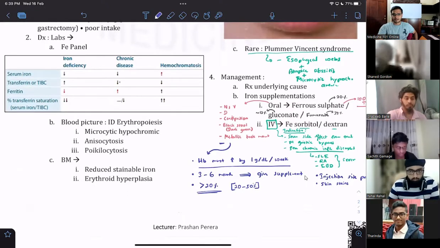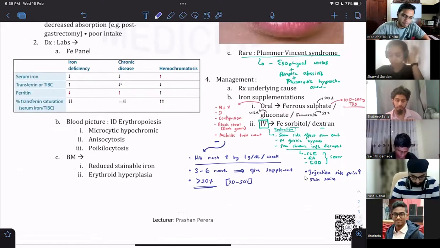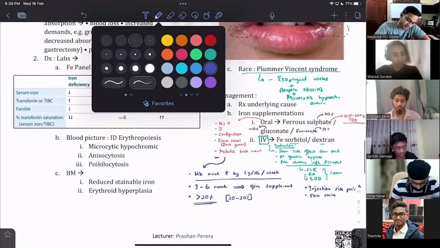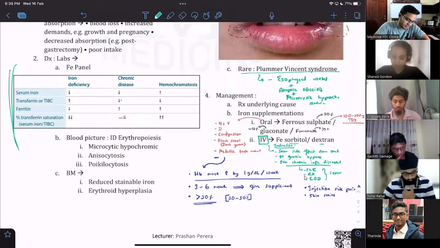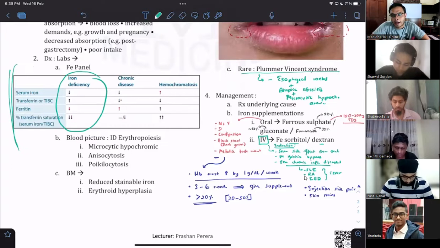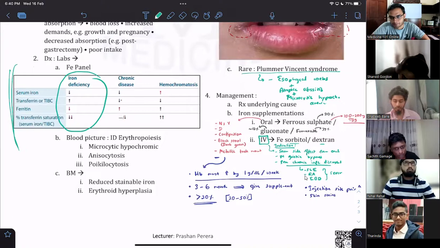Did everyone understand everything? It's relatively your most high yield, guys, for your exams. Your iron profile, this part. But clinically, there is a lot to think about, especially when you are working in other departments, rheumatology especially, GI. You have to think about your treatment protocols and how your treatments can interact with what's already going on with the patient. Arthritis especially.